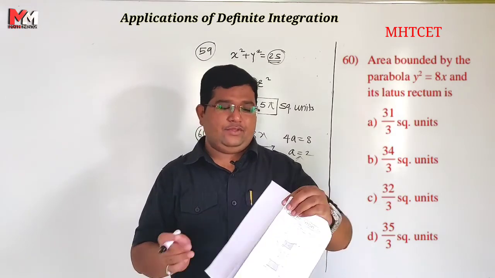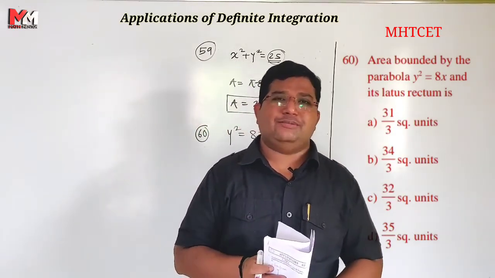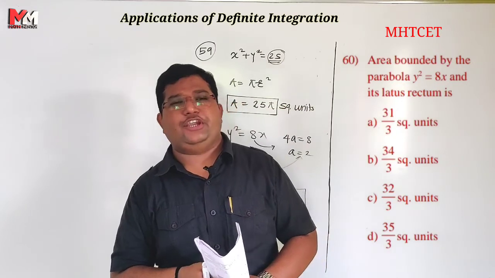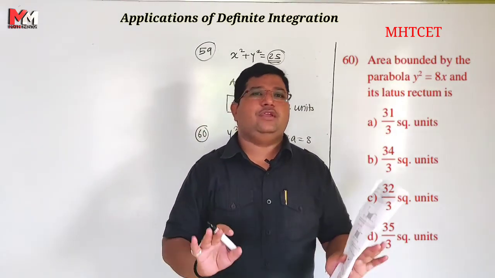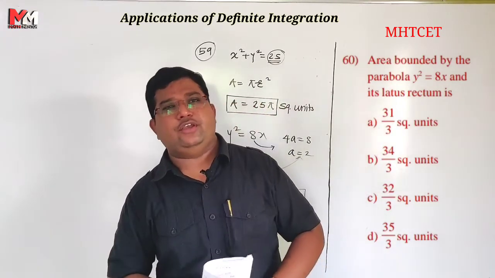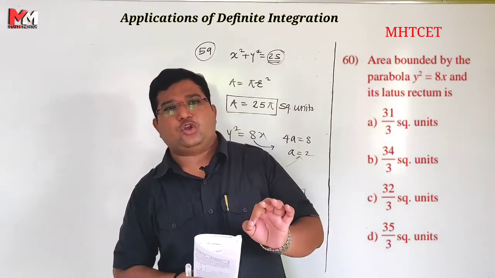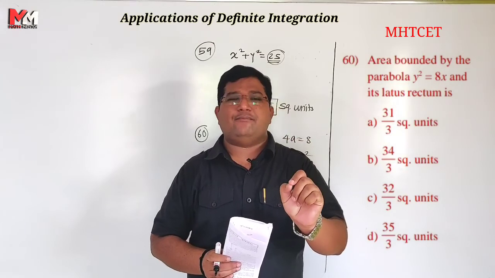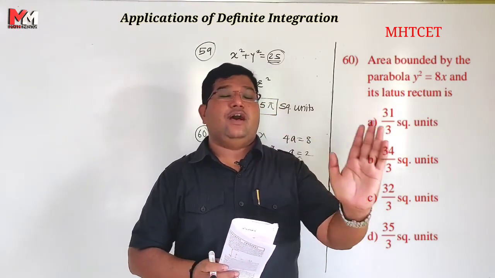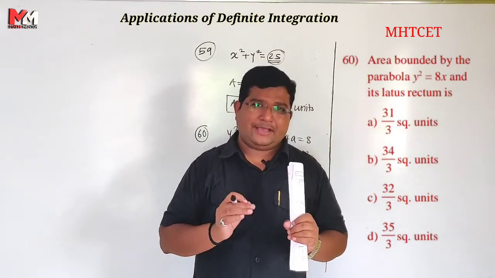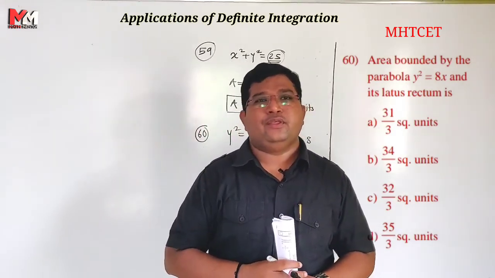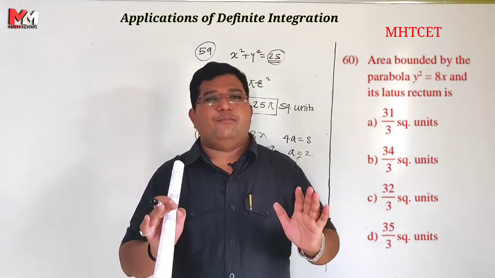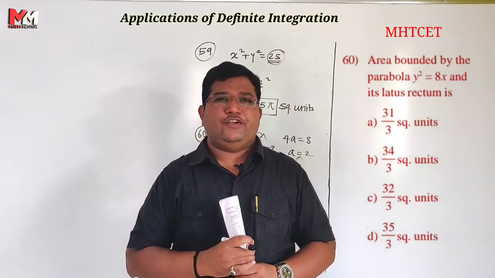That is the area. So this is the completion of very simplest topic of the syllabus MST CET, that is applications of definite integration with the maximum 60 MCQs. Okay. So this is sufficient for this particular topic because only one example is in the final annual examination. Maximum one है, 2 भी आ सकता है लेकिन 1 is the fix. Okay. So this is the completion of topic applications of definite integration.